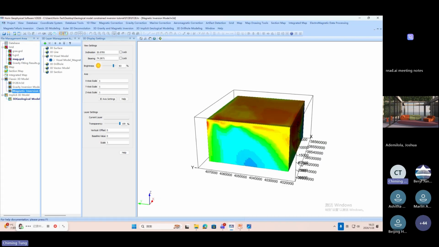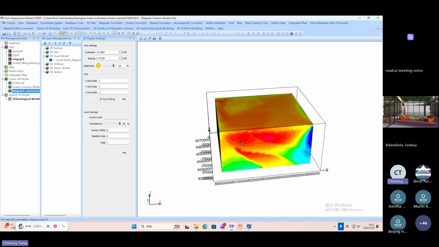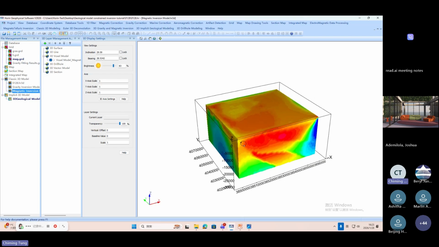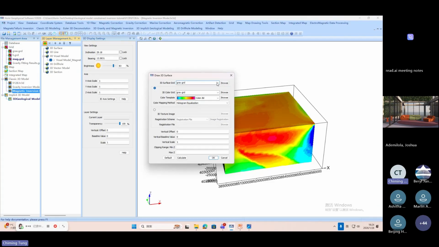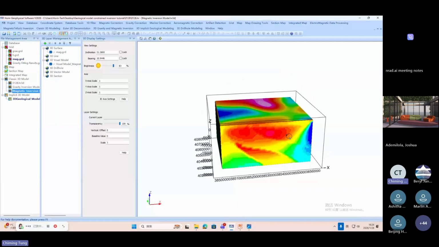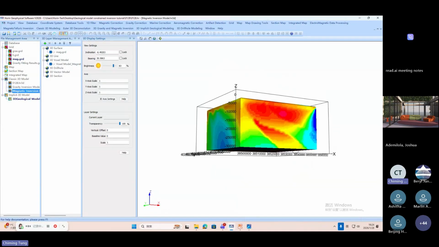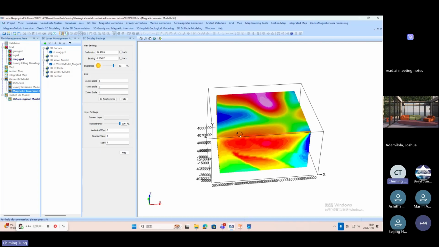And this is the magnetic field. We have various functions you can use to explore the 3D results. First, you can add the 3D surface. For example, since it is a magnetic inversion, we can use the magnetic grid here. And you can see on the top is the magnetic anomaly, and in the lower part is the magnetic susceptibility anomaly of the subsurface area, and you can offset here